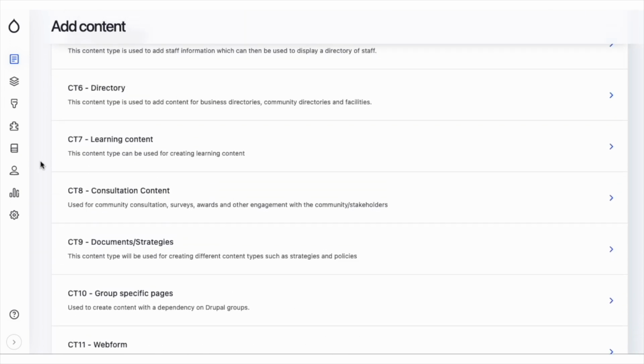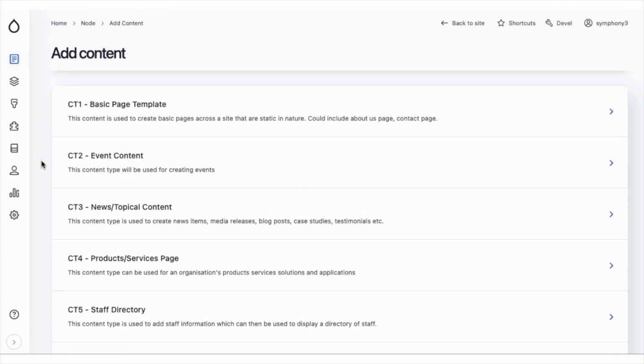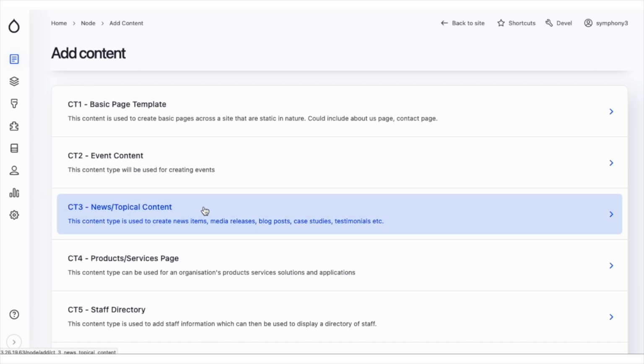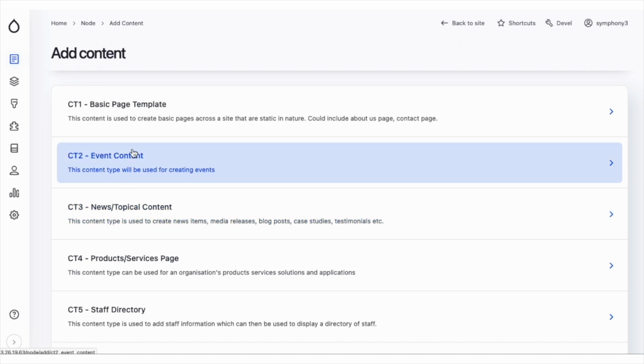The content types are named for which genre of content best suits their layout. For example, it's best to create news articles from the news and topical content type, or to list products and services your company offers on a products and services page. Each of these content types are set up slightly differently, and we have an in-depth video on each of these